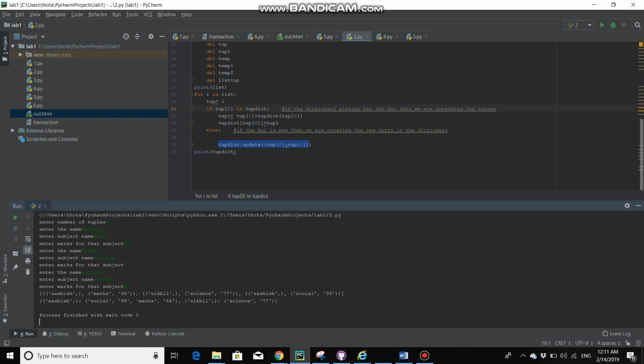So the first output is the list of tuples, and the second one is the dictionary. You can see Ashish is the key, and Social and Maths are the subjects that are concatenated. In the same way, Nikhil is the key, and Science is the value for that particular key. So the third one is